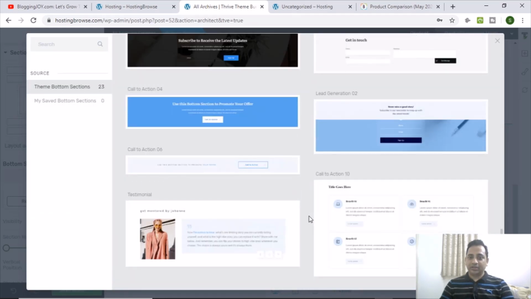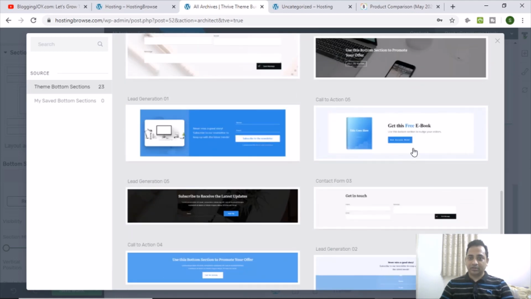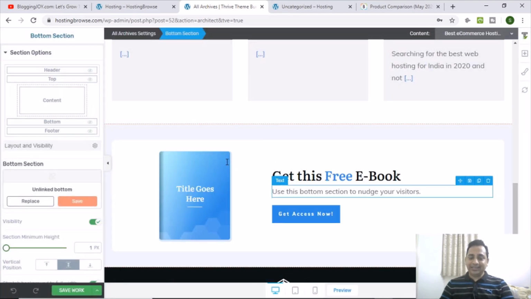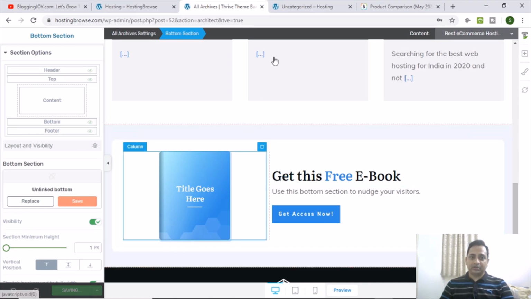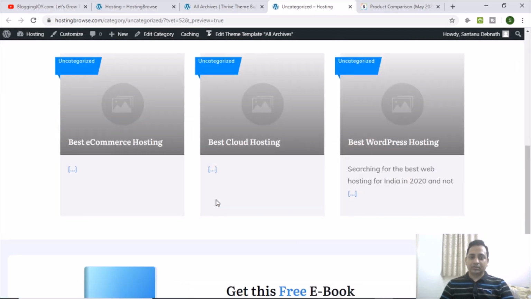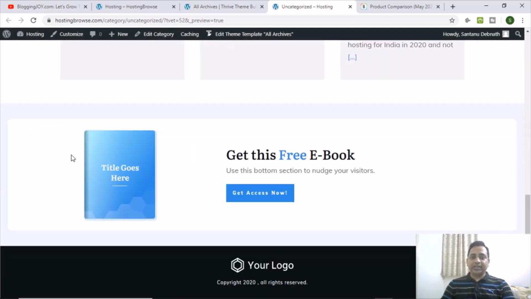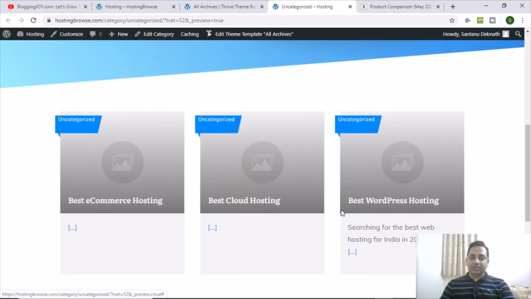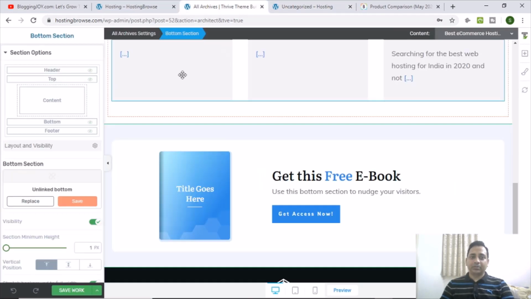So if you have any ebook to promote, you can put it here. Just save it. Refresh it. Come down. So you can see how quickly and how beautifully I'm designing these kinds of templates.